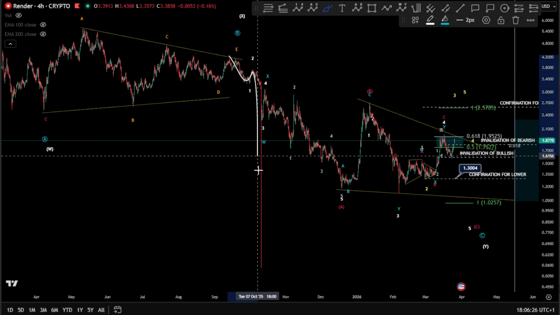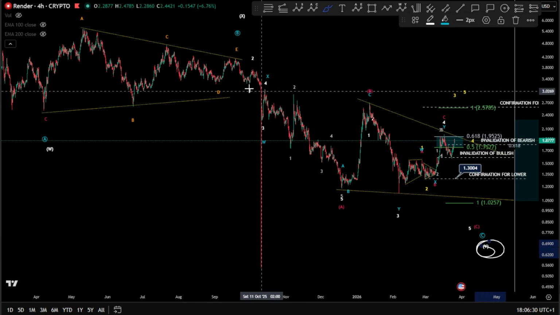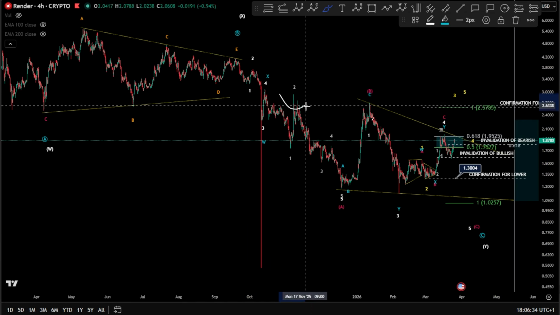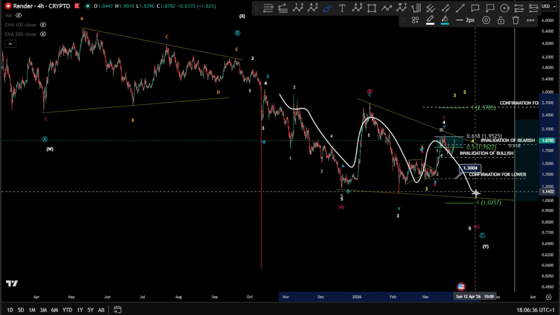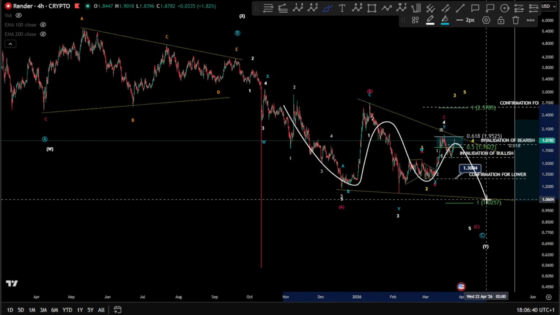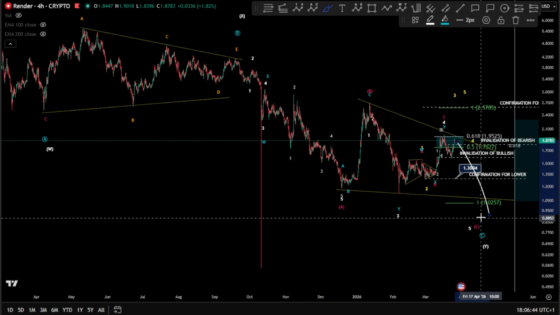So very likely even to be an ABC finishing here, a wave Y, potentially in a large WXY. This ending diagonal might finish, of course, in a truncation, without taking this wick. And we might start to see something pushing toward the upside once we finish this final